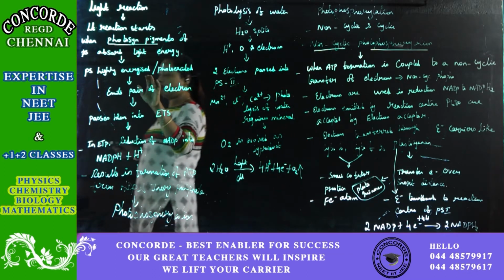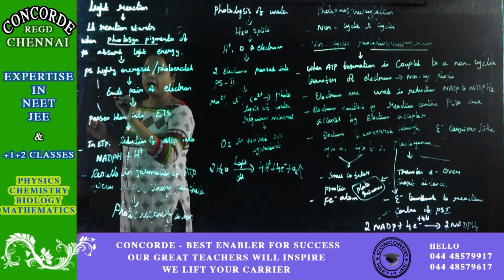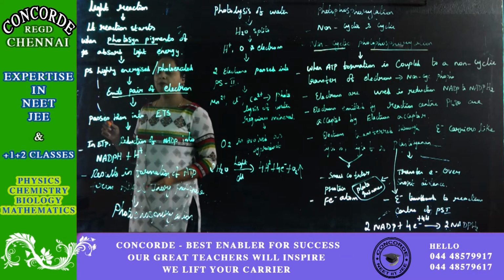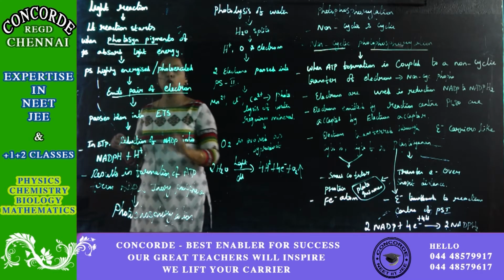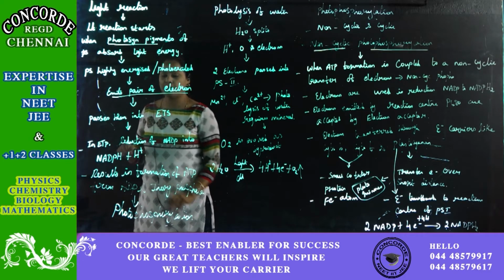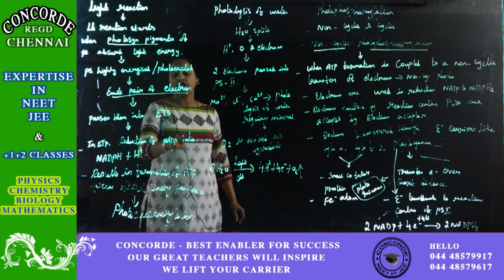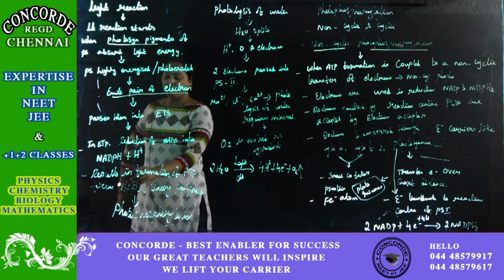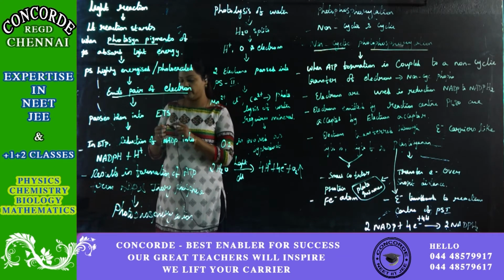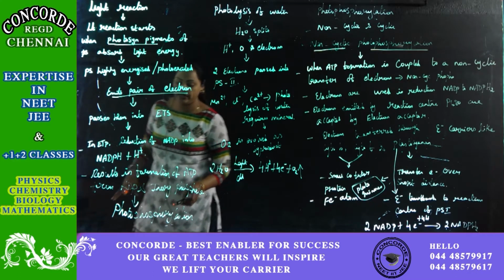When the PS gets highly energized, it emits a pair of electrons. These electrons will be passed into the electron transport system. In the electron transport system, the energy of the electrons is used to reduce NADP into NADPH plus H plus. All of this results in the formation of ATP from ADP and inorganic phosphate, which all together we call